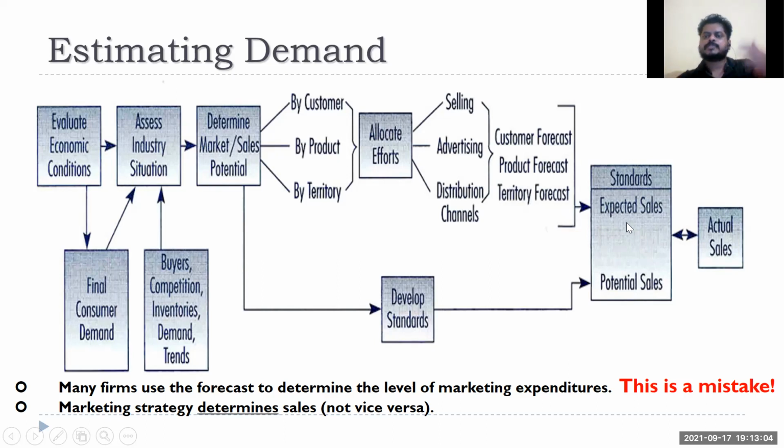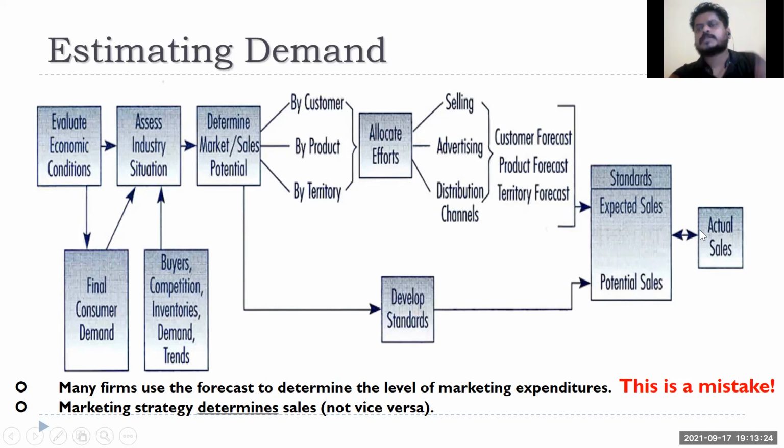So generally people use these three criteria. What is my expected sales? What is my potential sales? Potential sales is based upon the standard my company is taking. Most of the companies will have a standard. So that is a commitment the CEO or the CMO is making, how much year on year revenue growth, sales growth or profit growth they are going to make, right?